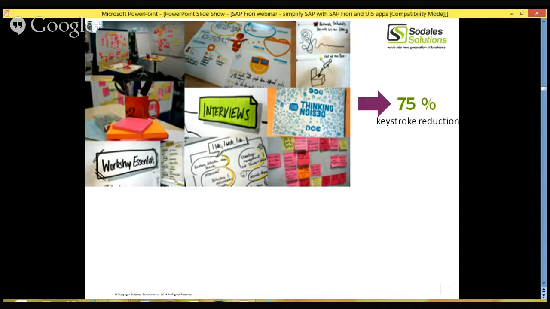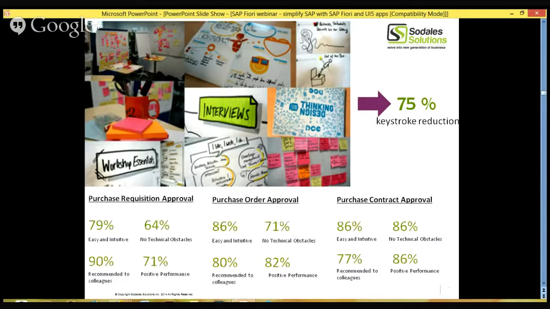So as a result, what was seen was that there was a survey done at Nestle, and they found out there was a huge improvement in the obstacles that users were seeing in their work. So what they saw was that people's work performance dramatically increased, and the technical obstacles, which were really user training issues, they were not seeing those anymore. And that became the inspiration for SAP to now launch this as a product and roll it out to other